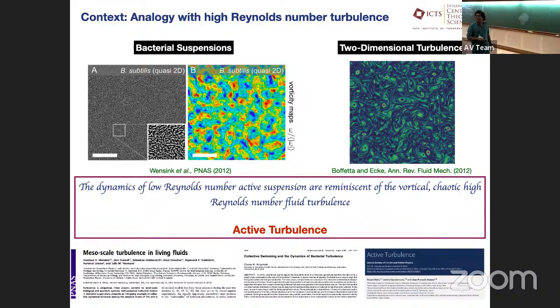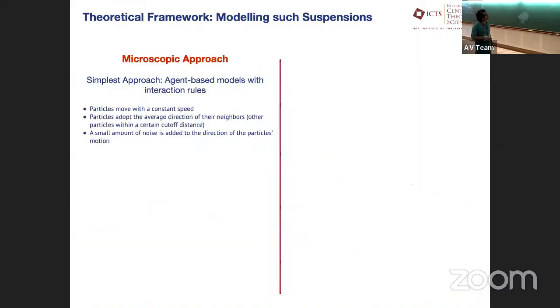And there are a couple of very nice review articles from where we learned some of the tricks of the trade. So how does one begin to even conceptually model such a suspension? Sigda talked about it at length from various aspects this morning, so I'll just take it up from where she left, essentially. So the simplest way to model such a suspension would be, for example, to use what are known as agent-based models.